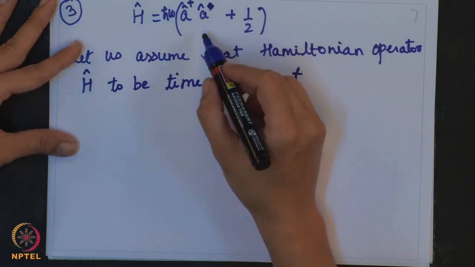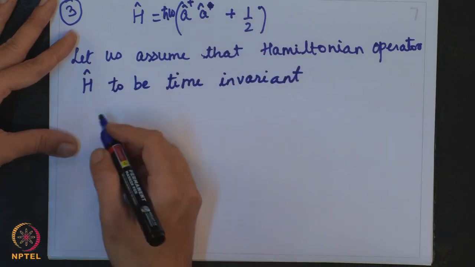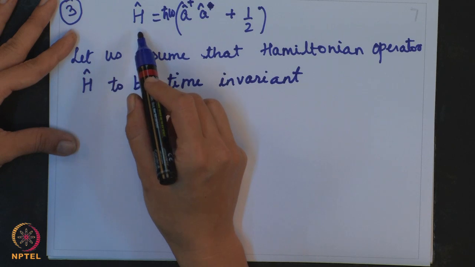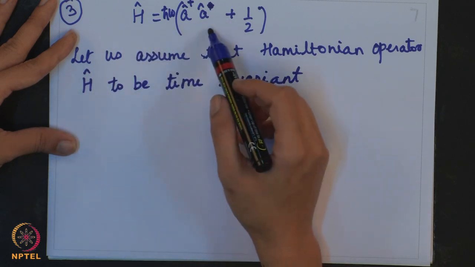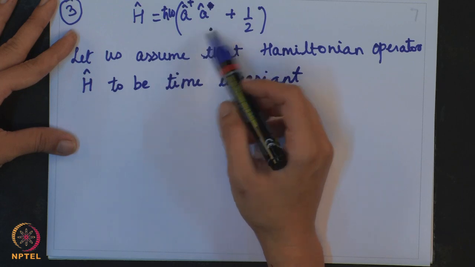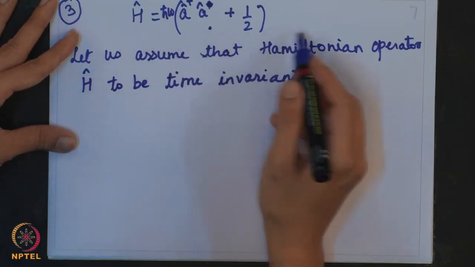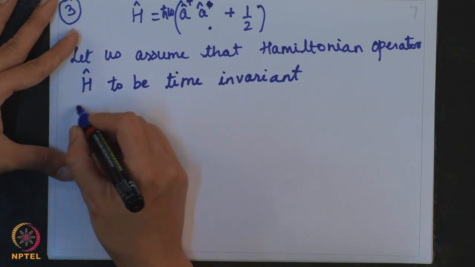Okay. This can be seen from this operator definition. So, this Hamiltonian operator we have written in terms of, remember, we have written it in terms of the ladder operators. Your usual notation, we have always seen it to be p squared upon 2m plus V. Okay. So, the Hamiltonian operator is time invariant, and let us now write